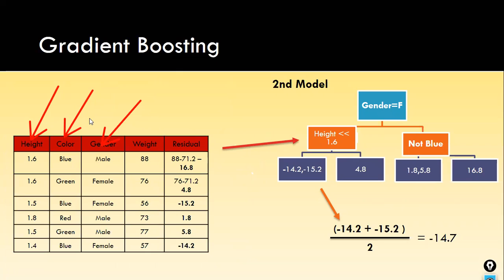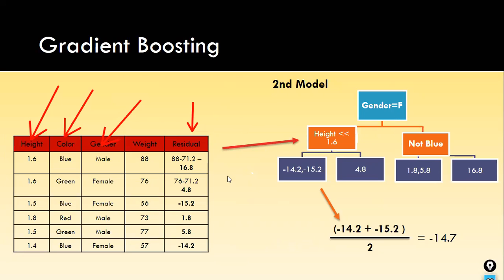These three independent variables remain as they are. Whereas the target attribute is the residual, not weight, it is the residual. Even this part is a bit confusing, but this is how it works. So it considers the residual as the